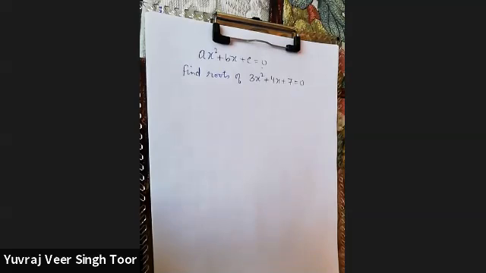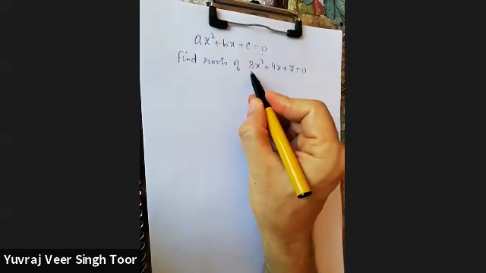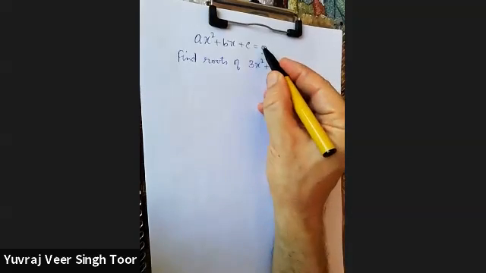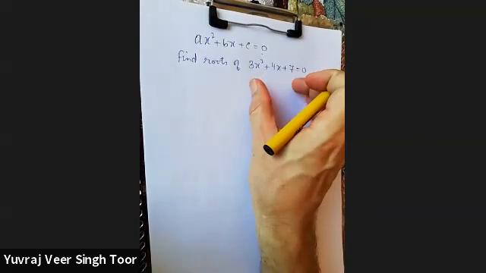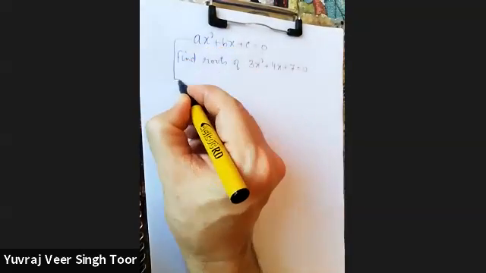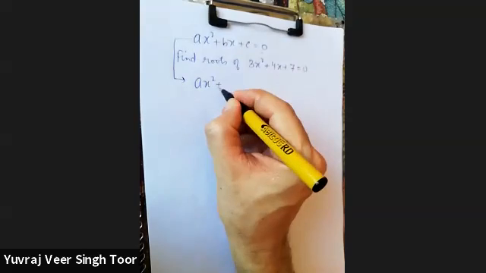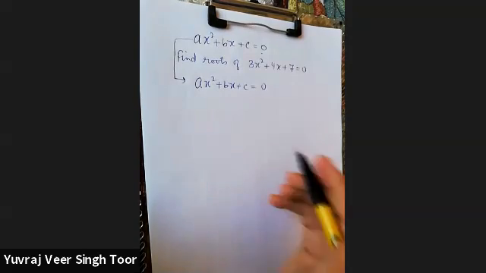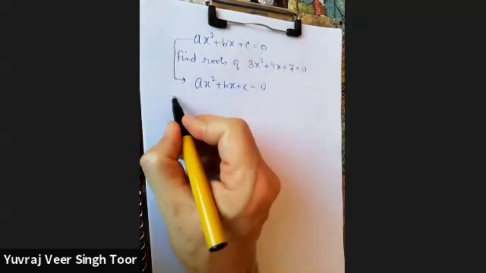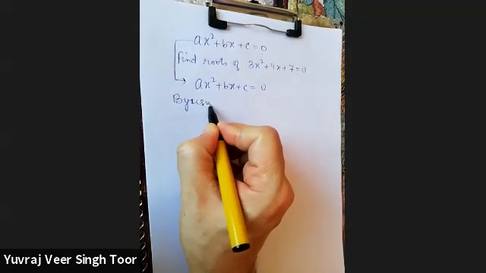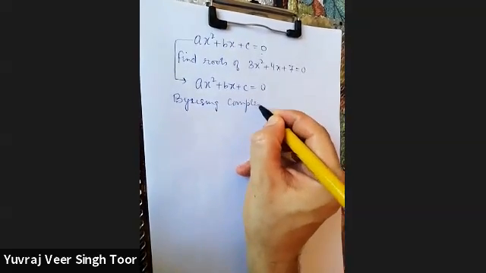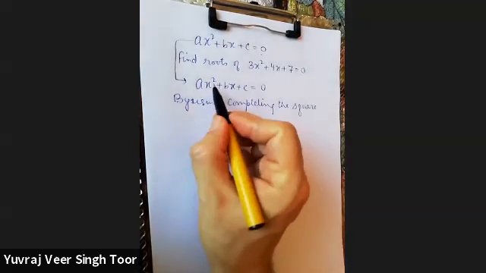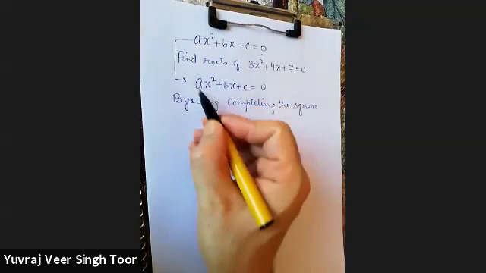So I give you this, right? So we can see that this quadratic equation cannot be solved with factorization method. So again we consider this general equation, and we'll try to find out a formula by using completing the square. I want to make this as a complete square formula.